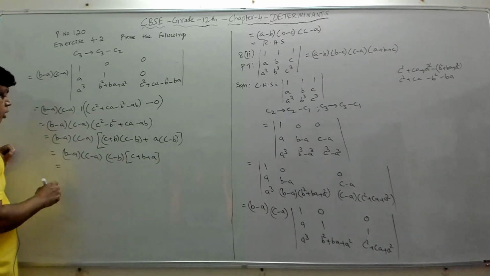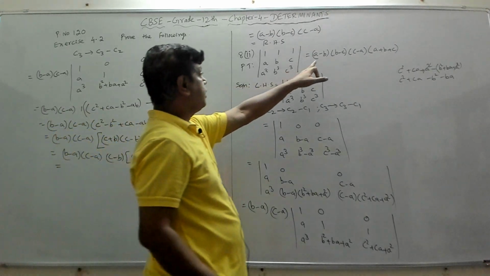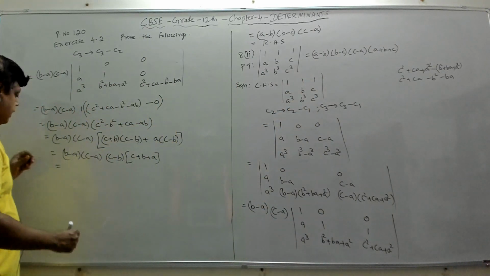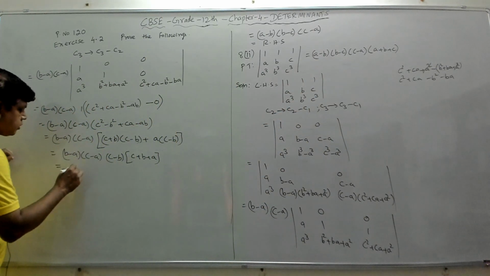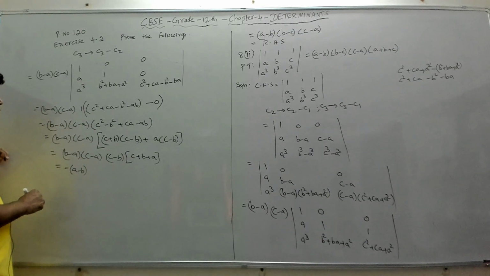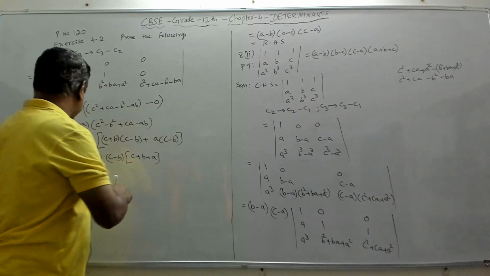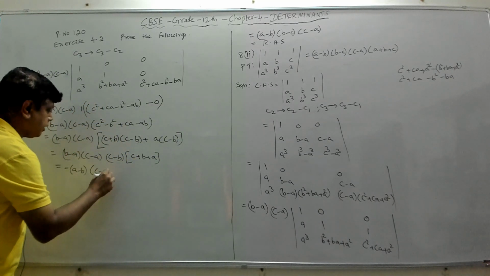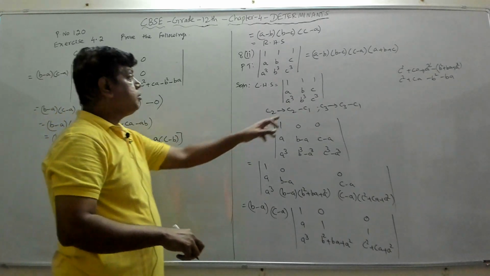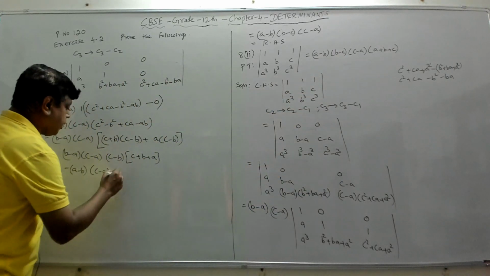So which means now we need to prove it as A minus B. So I have B minus A. So I can interchange, I'll get minus of A minus B. Then here I have C minus A. Here also I have C minus A. So no need to change this. So it is as it is, C minus A. Now this is C minus B, but we need B minus C. So I will put a minus here again.